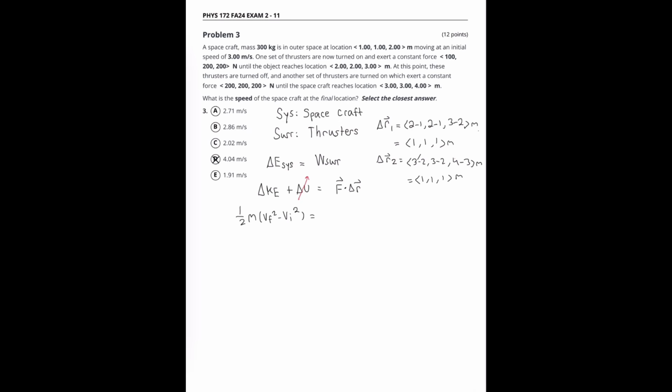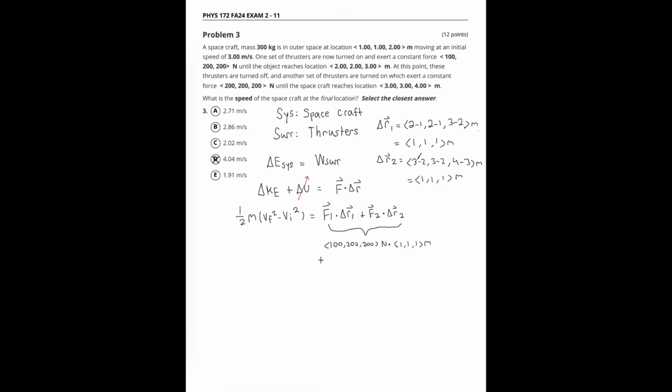So in this case, we have F1 dot R1 plus F2 dot R2. And this will be (100, 200, 200) newtons dot (1, 1, 1) meters,